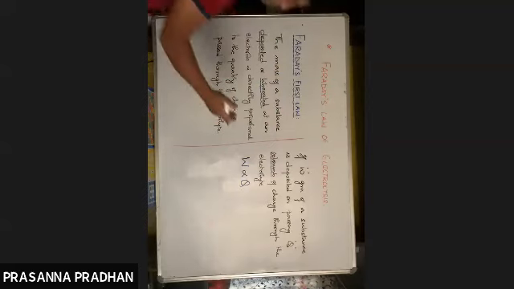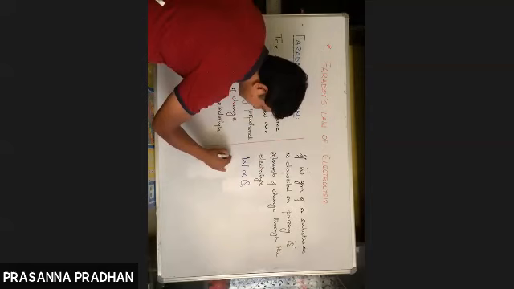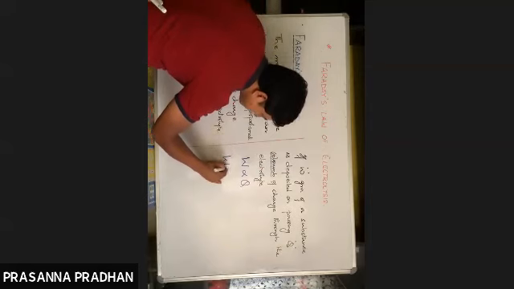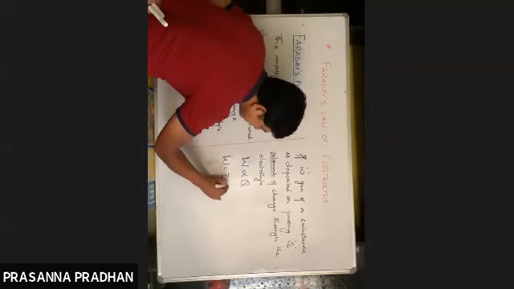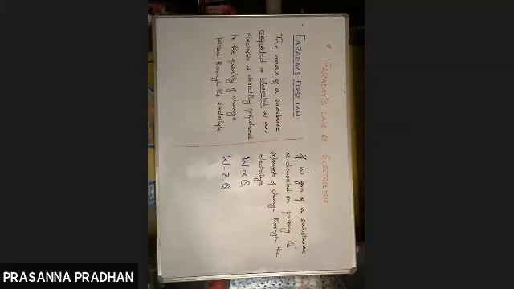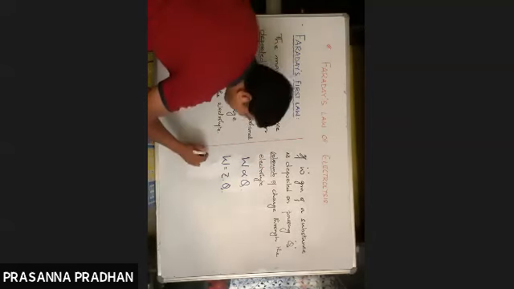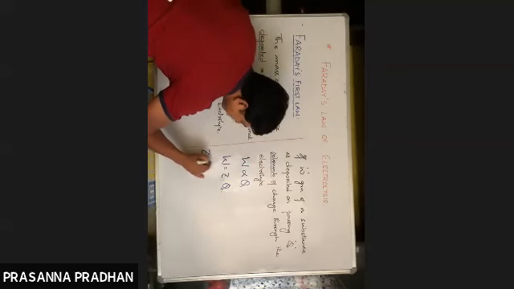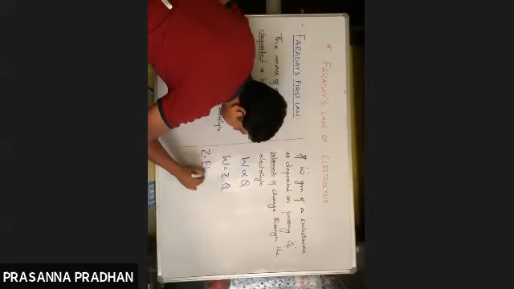Now, if I remove this proportionality sign, I'll get a constant which is denoted by Z. I remove the proportionality sign, I get a constant denoted by Z. And this constant Z is known as a electron